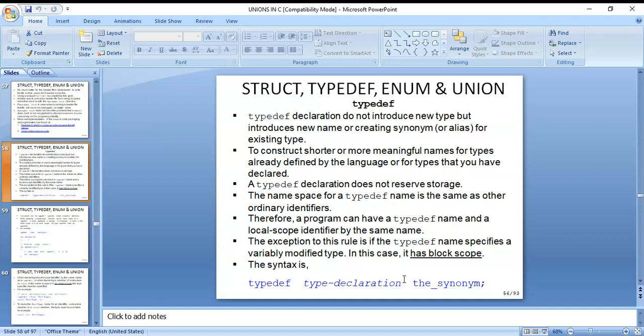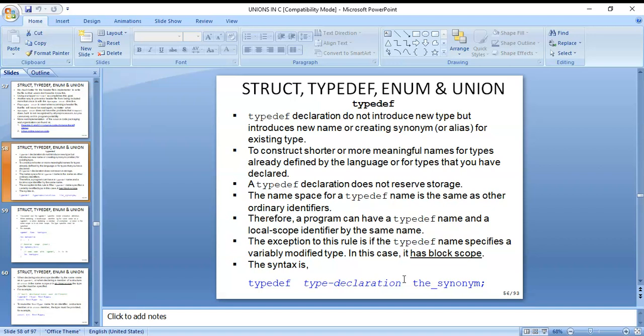We can create synonyms for those existing types by using a typedef, to construct shorter or more meaningful names for types already defined by the language, or for types that you have declared.